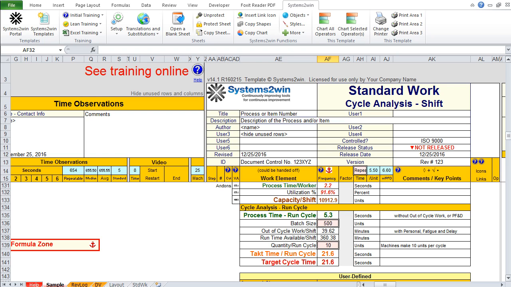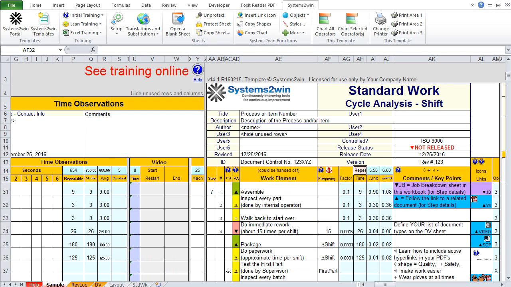If we were only making 1 unit per run cycle, then sure, you would be right. Leaving the frequency column blank would assume the run cycle, which would result in a factor of 1 rather than a factor of 0.1 because we're making 10 units per run cycle.